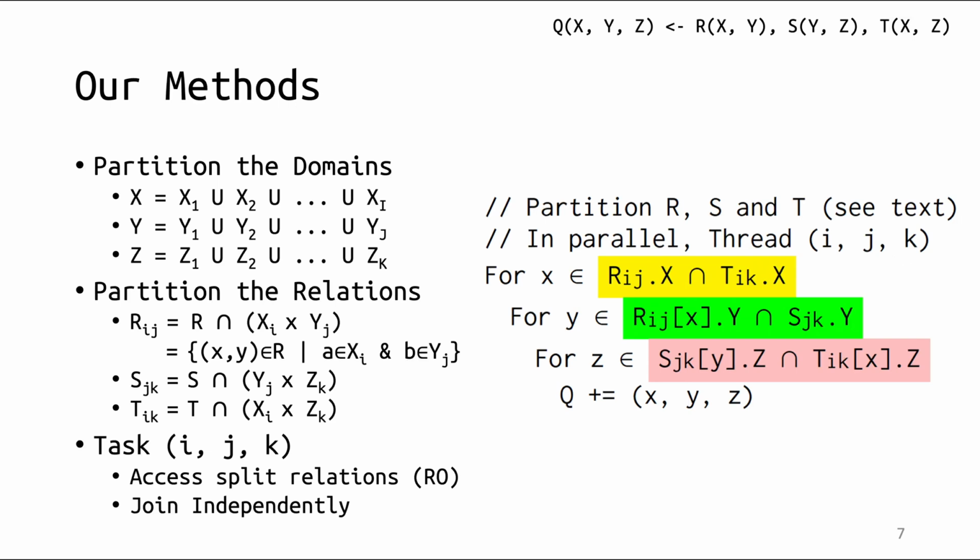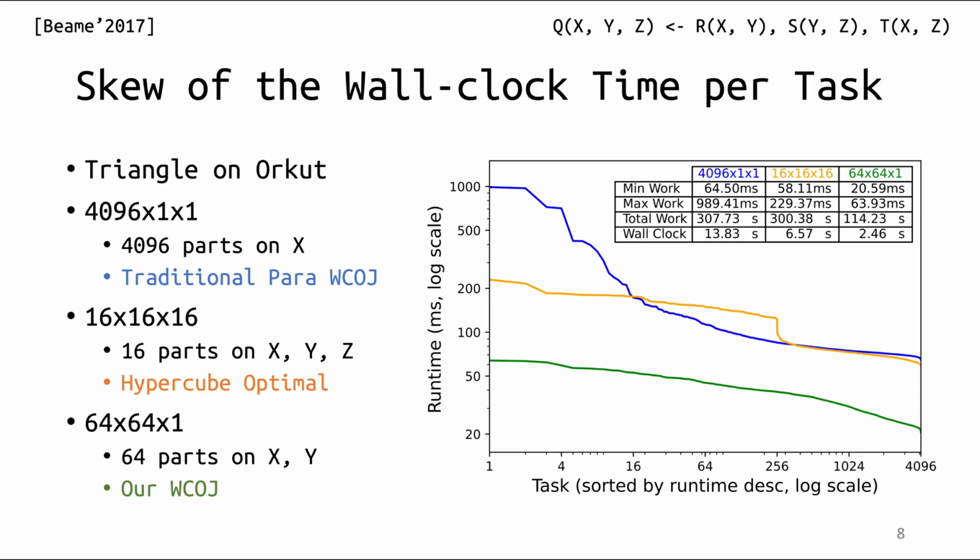Since the partition considers all variables, not just one, it is less sensitive to skew. In addition, there is no need for locking because there is no contention. Before we describe the details of our solutions, we illustrate here the intuition behind its improvement over the traditional parallelization